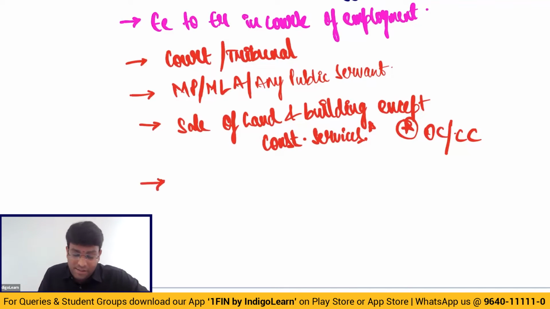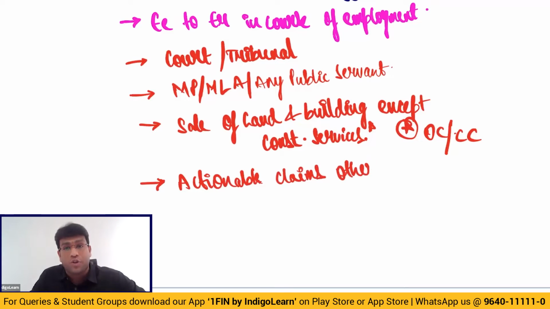Next point, my dear friends. Actionable claims. On actionable claims, there is no question of GST. An example of an actionable claim is the right to participate in a lottery, right to debtors, basically what in general practical sense we call unsecured debts. An actionable claim is an unsecured debt which can be enforced in the court of law. That's called actionable claim. Actionable claim other than